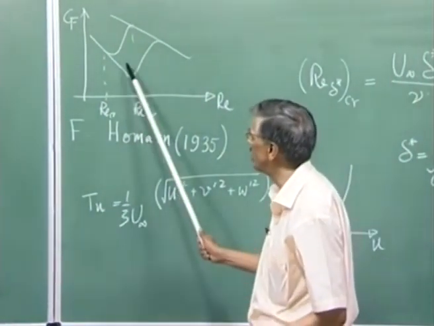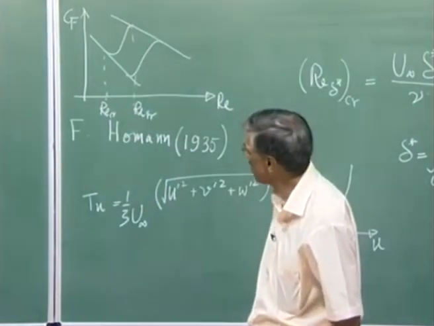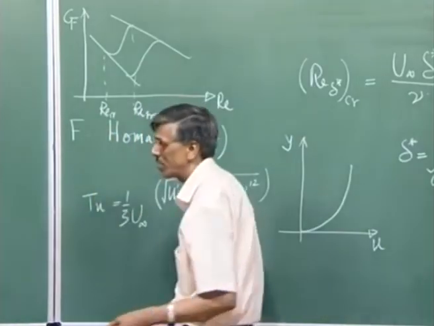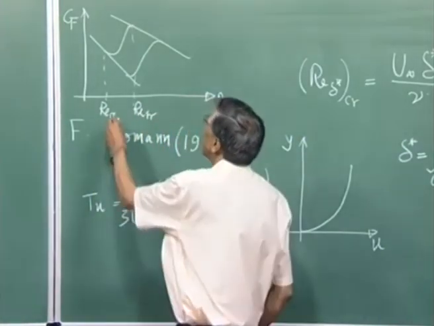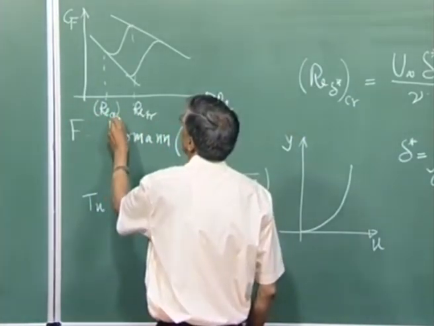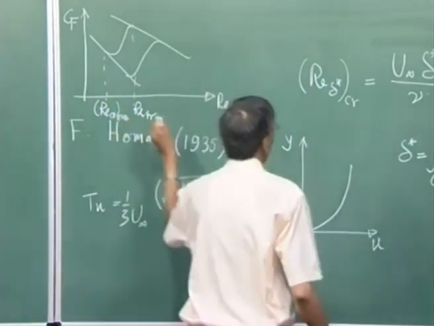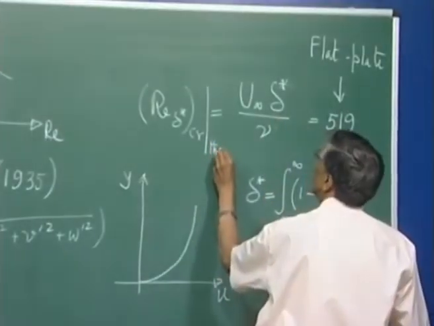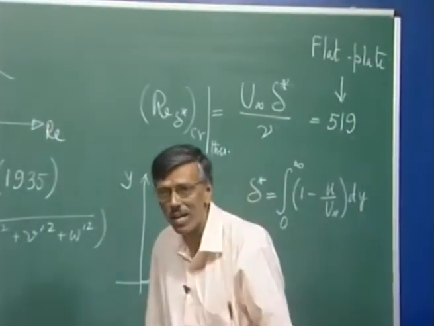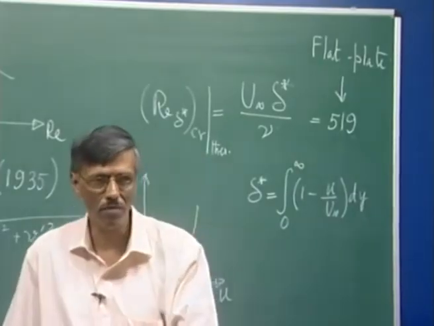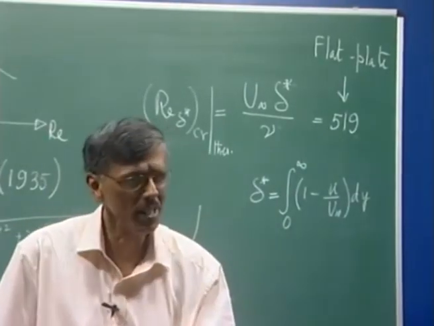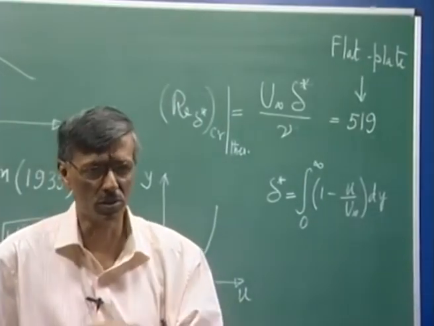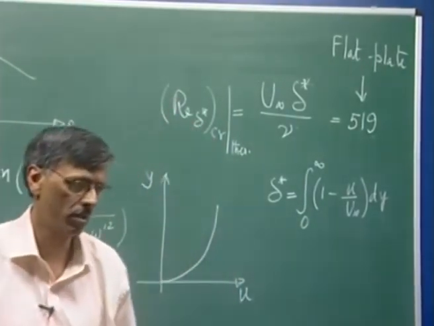But this disturbance level itself can be a function of the particular experimental device. So, this Re critical that we are talking about here is experimental, and this is what we are defining here, this is theoretical. So, this is like your transfer function telling you that the flow is ready. If Re delta star is 520, the flow is ready to become critical. If you provide the disturbance, it should show the signature of those disturbances.